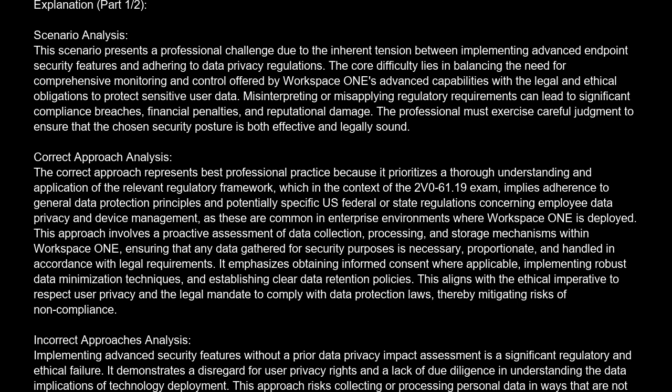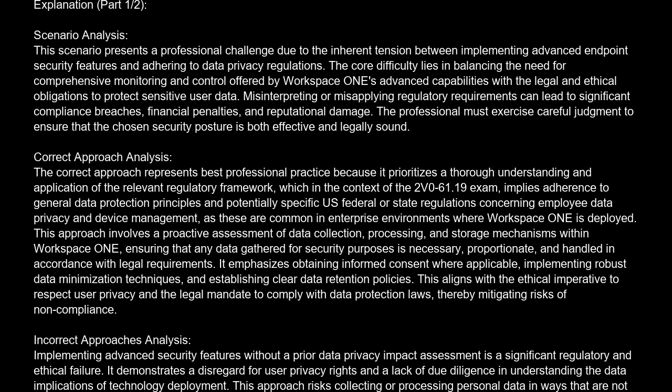Correct approach analysis. The correct approach represents best professional practice because it prioritizes a thorough understanding and application of the relevant regulatory framework, which in the context of the 2V0-61-19 exam implies adherence to general data protection principles and potentially specific U.S. federal or state regulations concerning employee data privacy and device management, as these are common in enterprise environments where Workspace